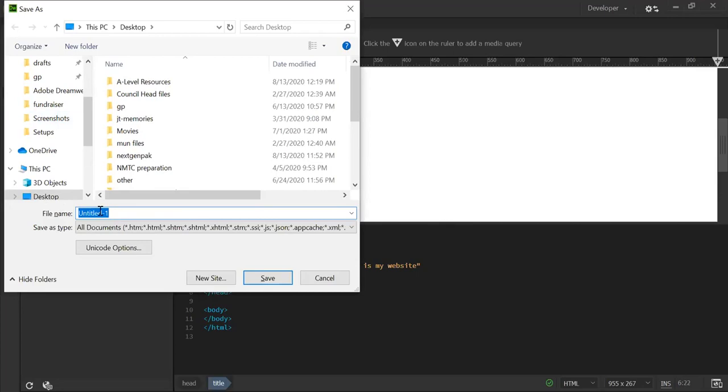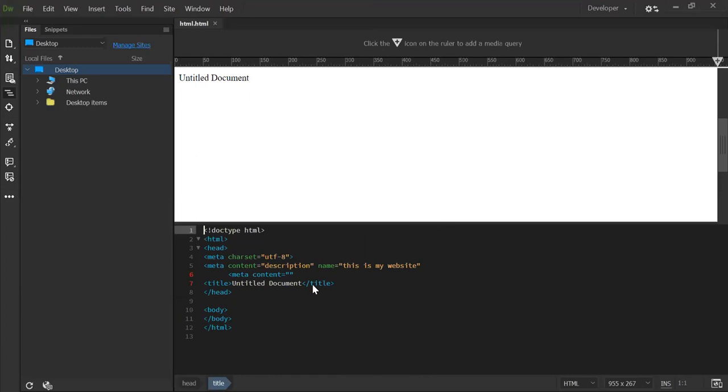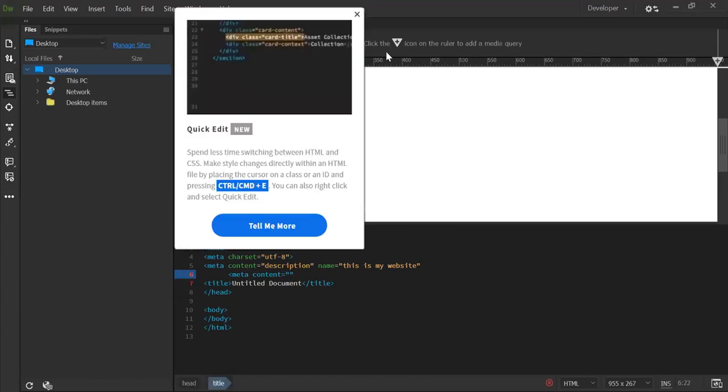So I'll save this as html.html, that we have a file. So the next type of meta tag that we have is,